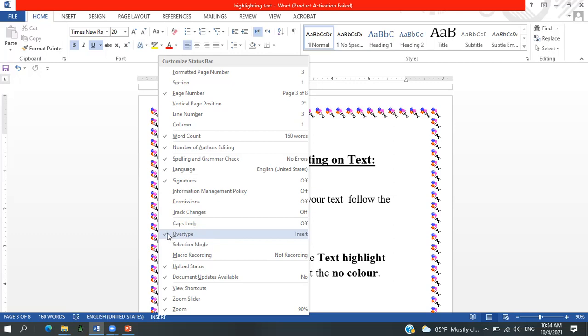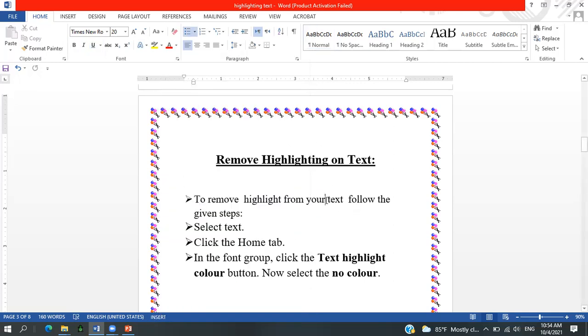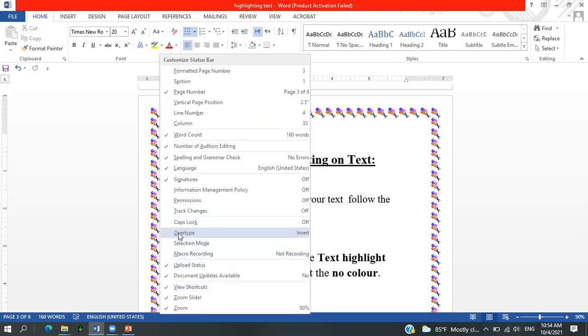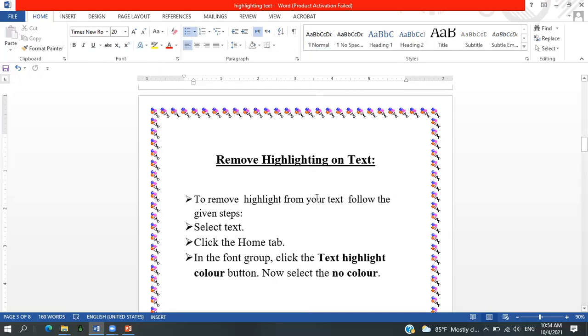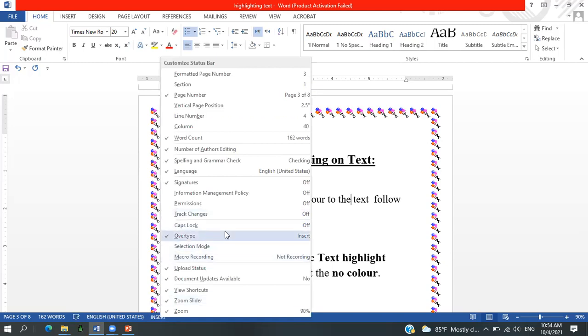This is selected, it means it will go to overtype. When I click on it, I go for insert, I remove this one, I click on it, so it will come over here. And when I bring my cursor and right click over here, I can go for the insert option and the overtype option as well. In both ways, I can go for it. And if I add something over here in between the text, I can add my text like this using this option. So I hope, my students, the option of insert or overtype is clear to you.